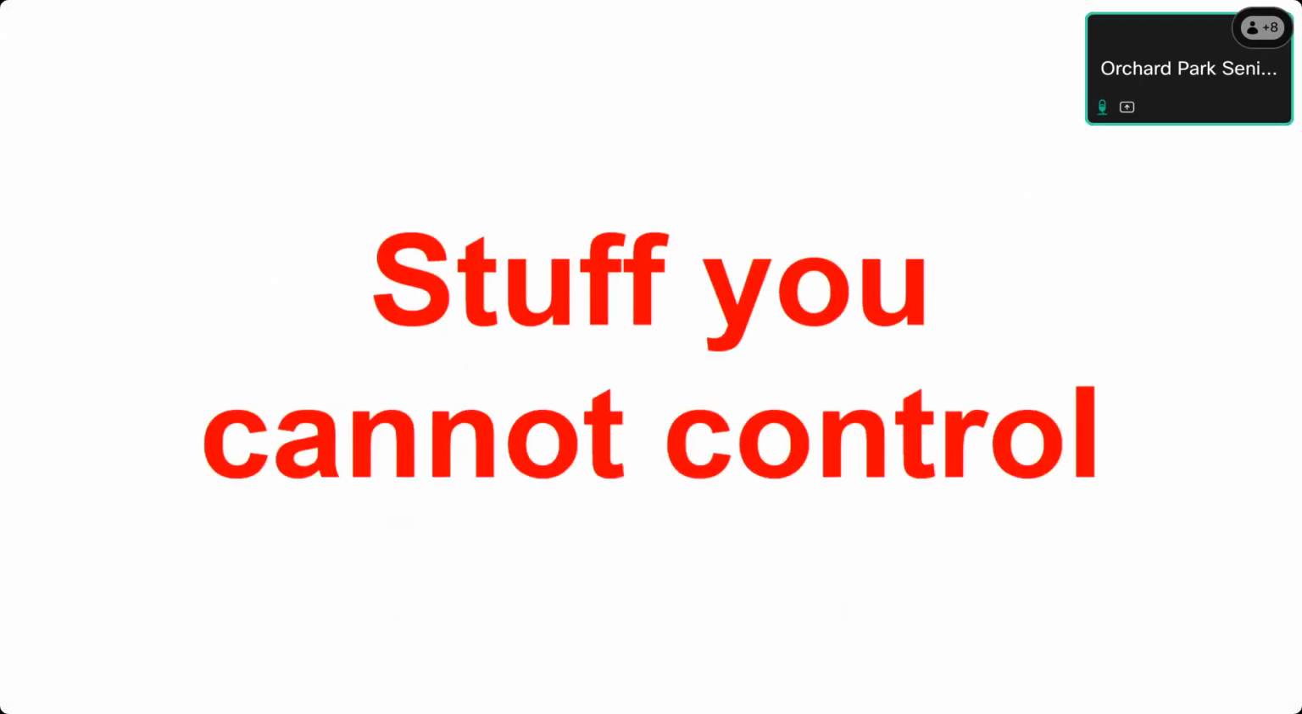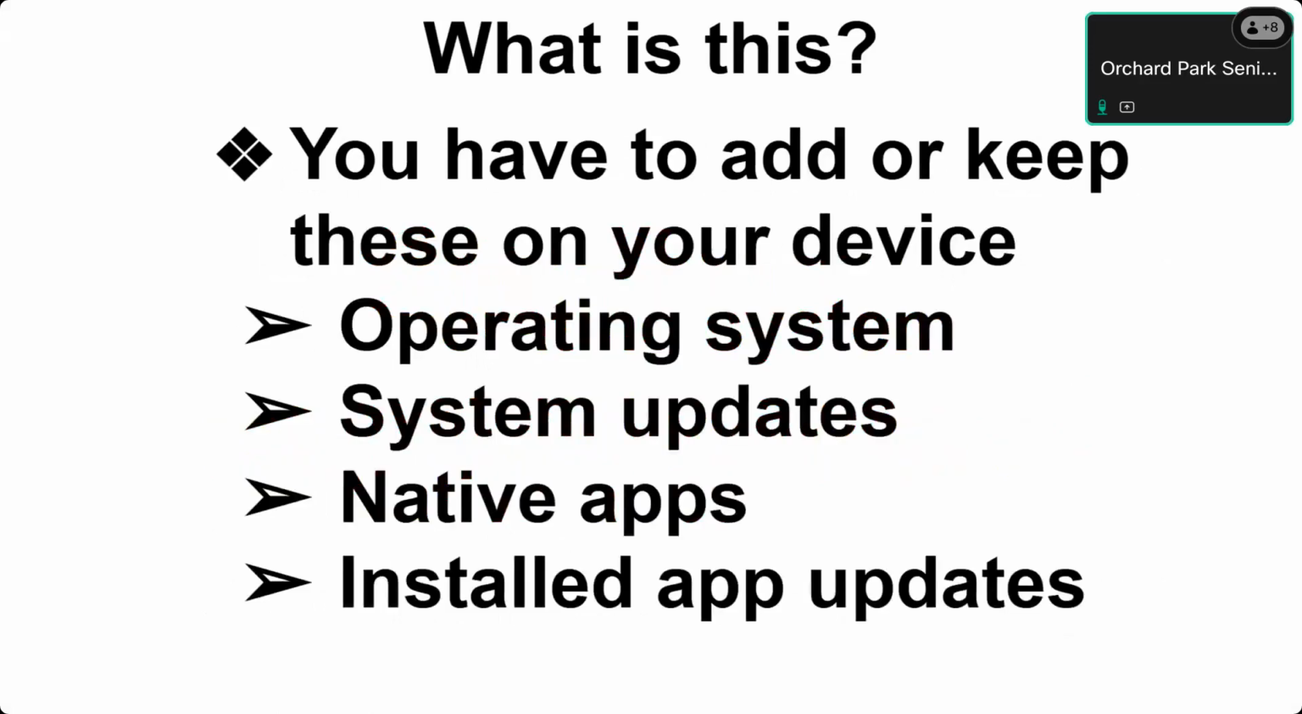But there is also stuff that you cannot control. These are things that you have to keep on your device, such as your operating system, system updates, native apps, which are apps that are just already installed on your phone and you can't delete, and installed app updates. So if you're using things all the time, like let's just say Google Maps, Gmail, that you're never going to delete in the first place, well, now you have to deal with all of the,